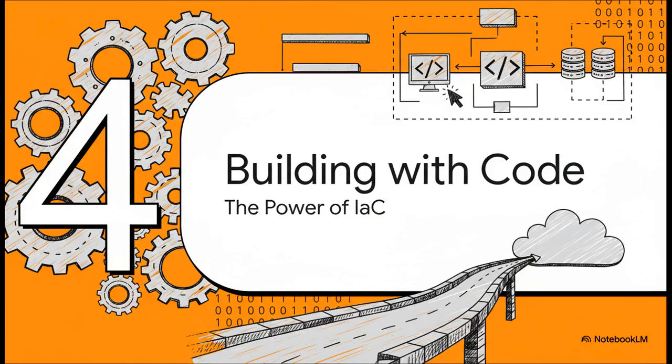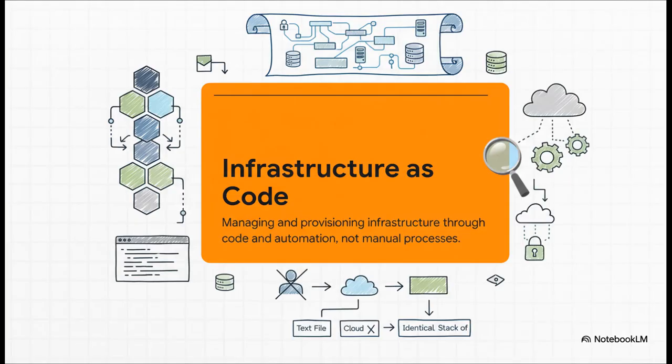So, the question is, how do you manage all this complexity and do it consistently without human error creeping in? Well, you're not doing it by clicking a bunch of buttons in a web browser. Modern cloud architecture, it's built with code. This brings us to a revolutionary concept called infrastructure as code,